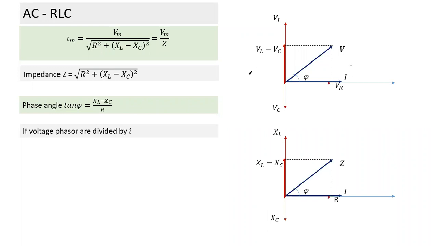So we have both the phasor diagram for voltages and the phasor diagram for resistance, reactance, and impedance. What are the three terms here? Resistance, reactance, and impedance. Impedance has a combination of resistance and reactance. So voltage phasor divided by I, we get this phasor. A major, or I would say key, part of AC is understanding this phasor. This is at time t equal to 0. And how would the phasor look at a later time t? I can rotate the entire thing by 30 degrees, and you can check anytime what this indicates.